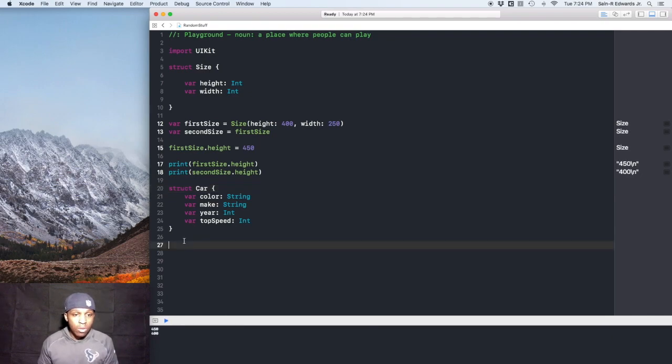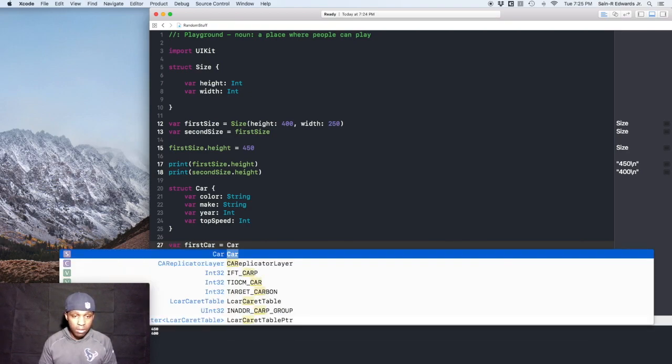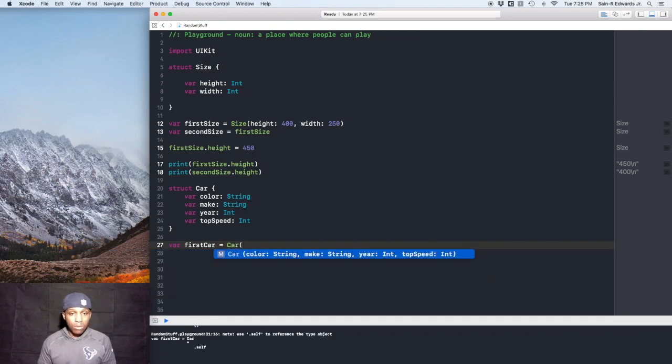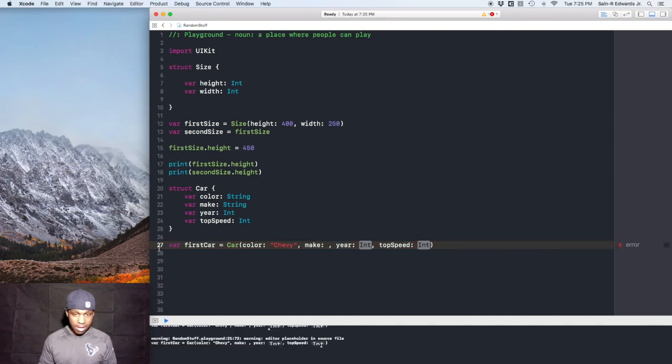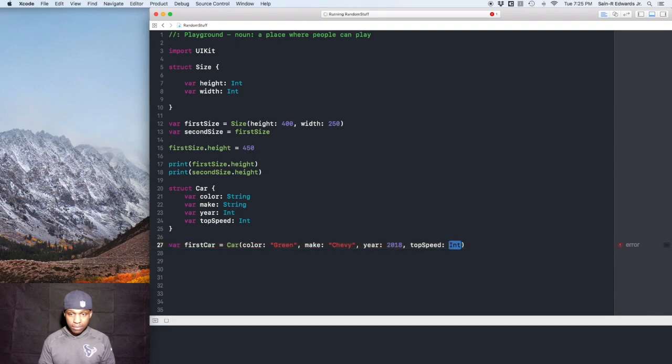All right, anyways. So we got this struct car, var color, make, year, top speed. All right, now let's create an instance of it. So we'll say var first car equals car, do our parentheses, and we'll make up some stuff. Colors first, so we'll say green. The make is a string as well, and we'll say Chevy, and then year was a 2018. We'll say top speed, 120,